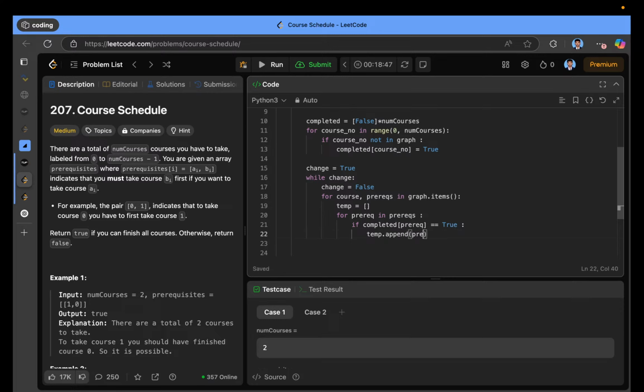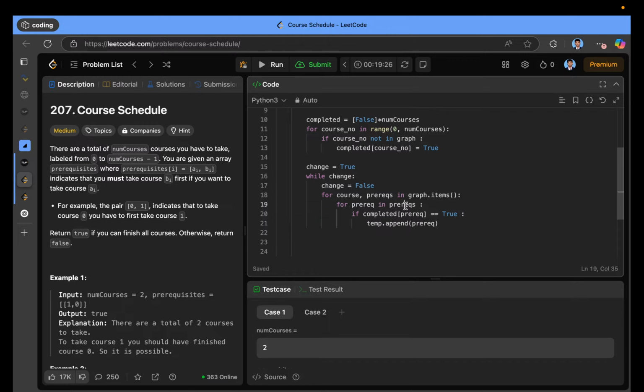And prerequisite. Okay, now I don't need to make a temporary. The rest will increase its complexity. In place of that, I will just make this a list. Okay, this is a list, and if it is true, then just